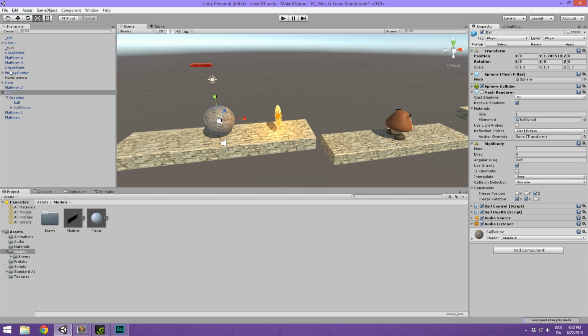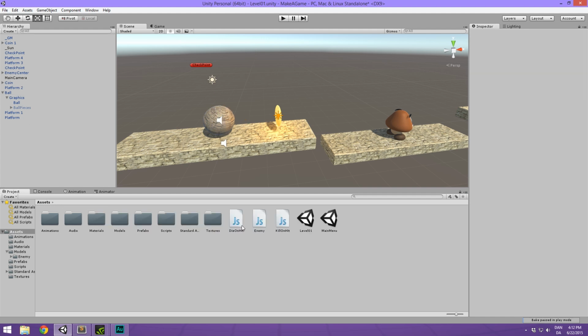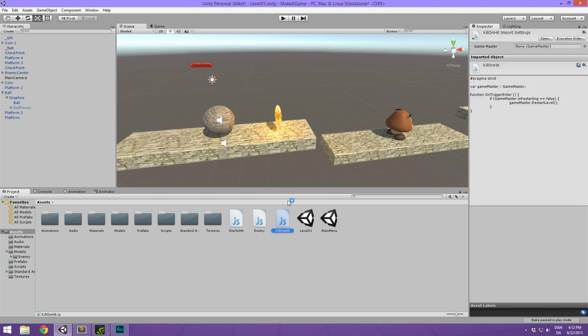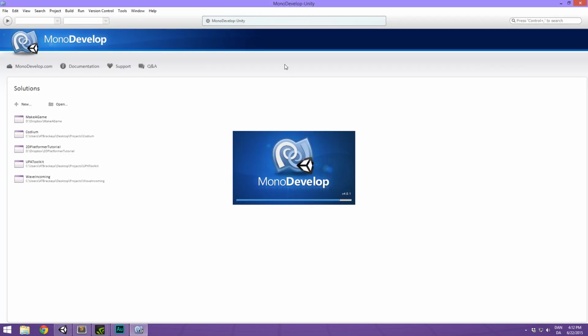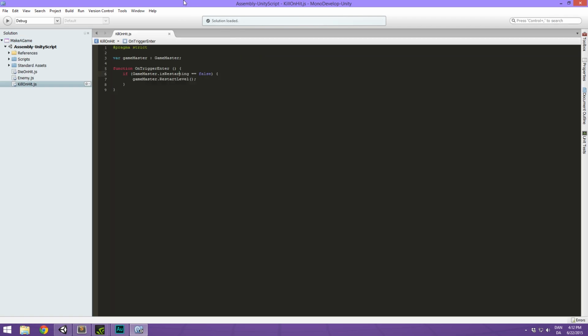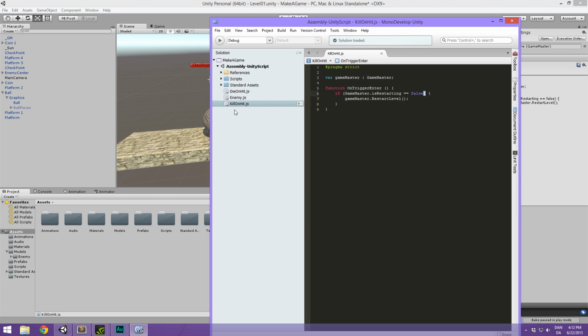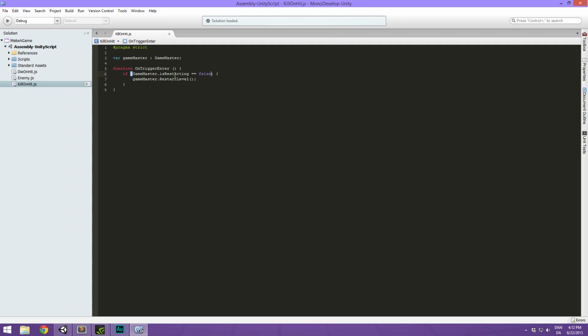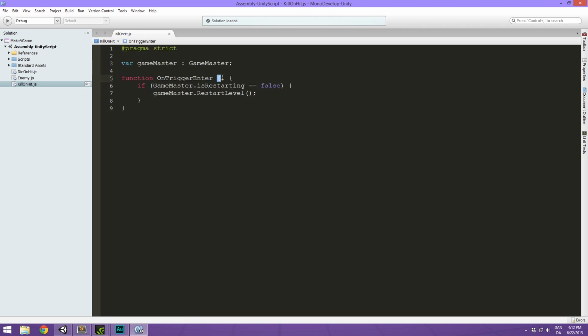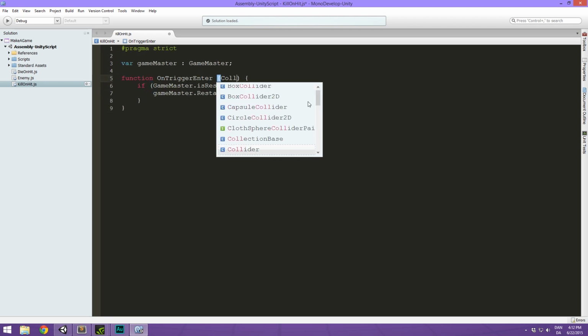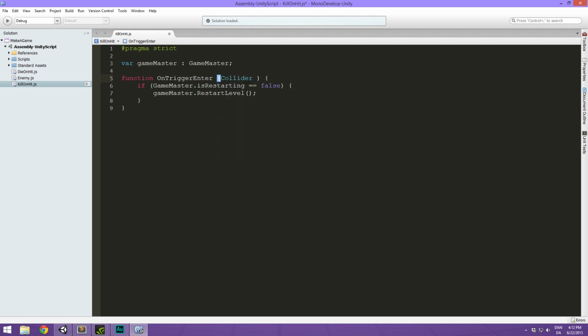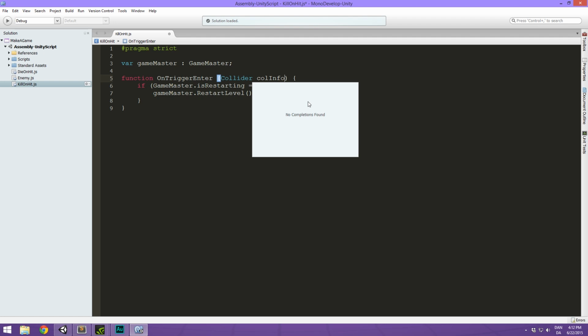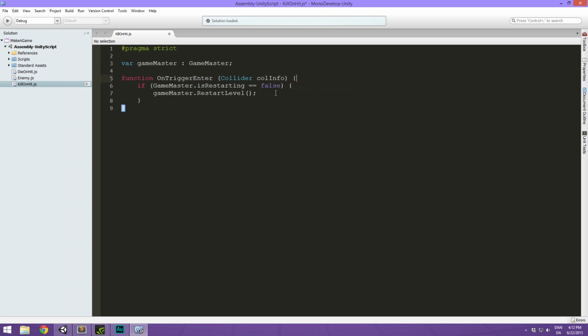So if we find the script that currently kills us, the KillOnHit here, you can see that it has this restart level functionality, which has a short delay. Well, I think that we should just use this and then maybe find a reference to our ball. It's kind of what I'm thinking here. So if we go into here and in the function, we can type collider. And we're just going to call this collider info. And then we can say